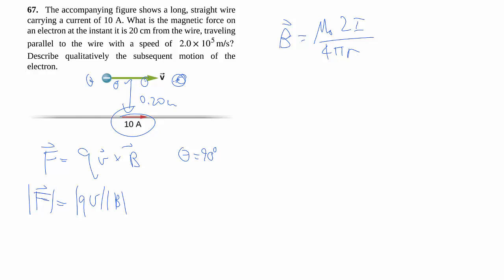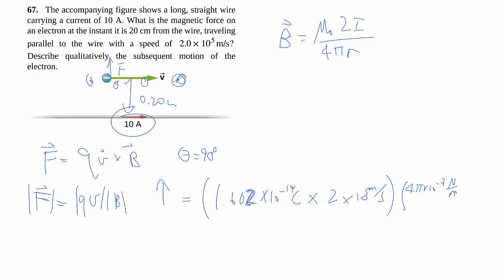To get the direction, by the right-hand rule, of course, this is a moving negative charge, so you have to put your QV direction opposite to this, so it has to go to the left in this case. The magnetic field still goes out of the page, so you can see that the force ends up going upwards. So we know the direction goes upwards, we know the magnitude, so let's sub in everything to give us some kind of number. So that's my QV, dropping all the signs, and my B is given by